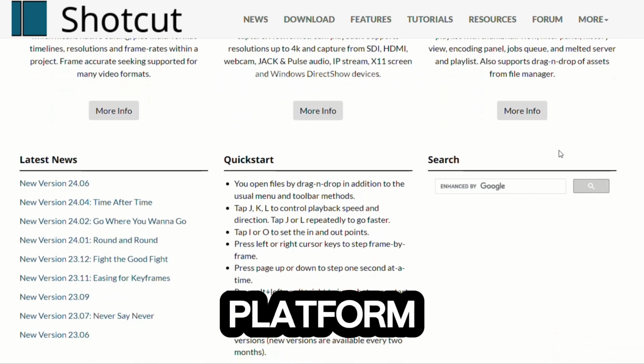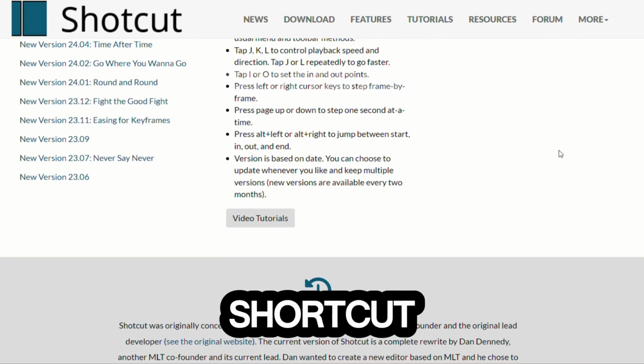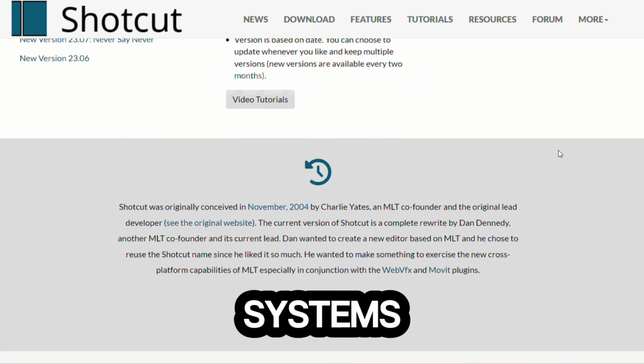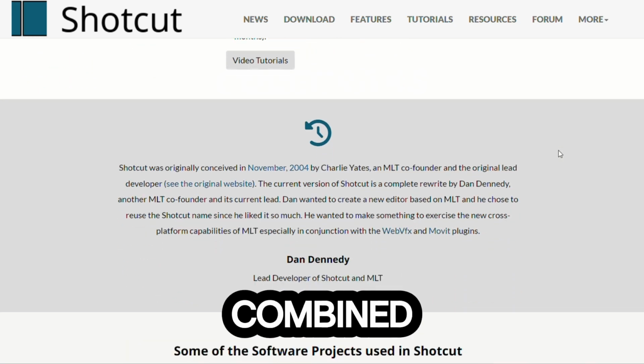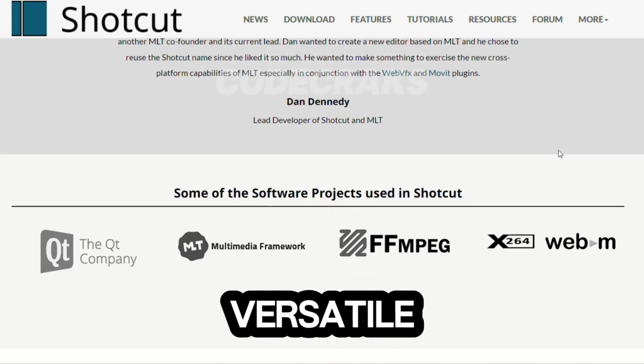As a cross-platform application available on Windows, macOS, and Linux, Shotcut provides flexibility and accessibility for users across different operating systems. Its robust capabilities combined with its open-source nature make Shotcut a popular choice for those seeking a versatile and